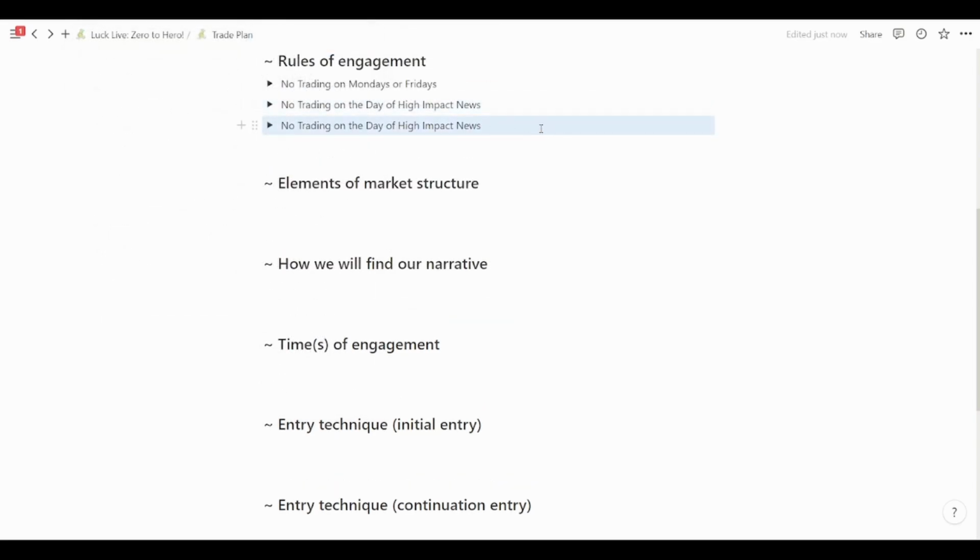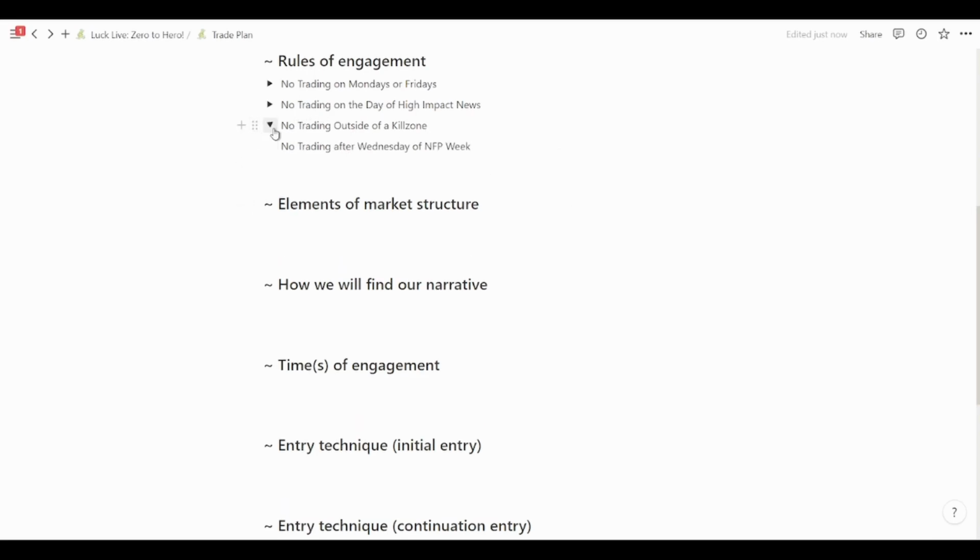And then for general engagement, we have no trading outside of a kill zone. I think we all know what kill zones are. Those are the times where price is going to be delivering to draws on liquidity. So why would you want to trade outside of those? I'm only going to be trading the New York session, and this is only going to be the New York AM session, in the kill zone. So our trading time would basically be